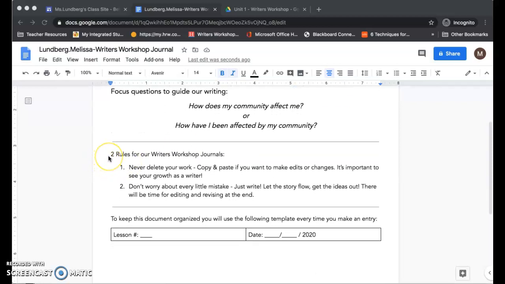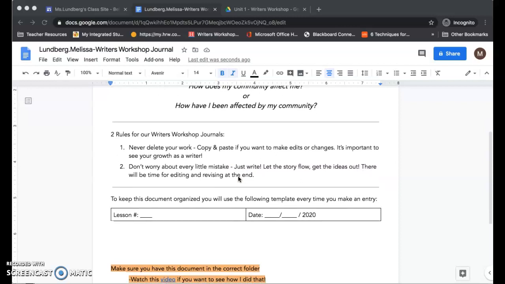There are a few rules that are important to keep in mind with writer's workshop journals. The first rule is to never delete your work. If we were in the classroom together and you had a composition book or a book that you were writing in, I wouldn't want you to tear out a page. So the same thing goes. I'm going to ask you to not delete any of the work that you write. The reason for this is it's important to see how you're growing as a writer. So if you want to make changes, you can make changes, you can add comments, you can copy paste it below. I'll show you how to do that, but don't delete a whole section of the work that you just